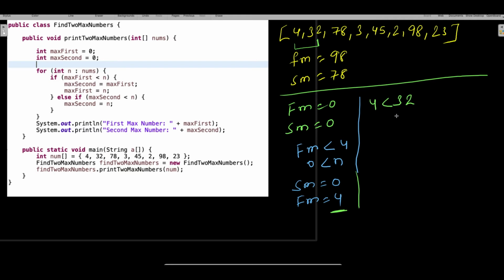the first max number is going to change, because you already have first max equal to 4 and there is one number in your array which is greater than 4. So your first max should change, right? And then your second max is going to be the first max, because this also should shift.